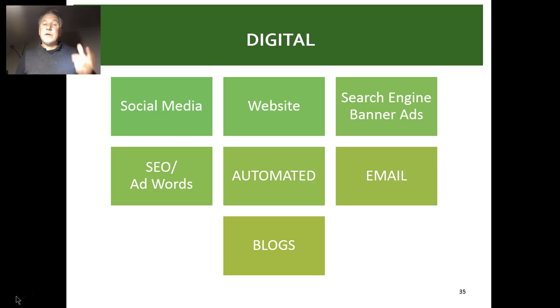Social media is very critical and has been a big driver in terms of followings. And then also search and banner ads that pop up when you do Google searches. And tied in to this, as we talked about, is SEO, search engine optimization, and AdWords, which we'll talk about in a later lecture. Then there's the whole concept of automated, which is tying in with mailing lists of customers that are